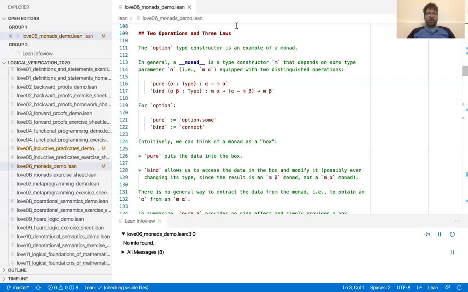Okay, so now we're going to see what a monad actually is. And a monad is just two operations and three laws, the monad laws. What I've discovered in previous years is that the word monad often looks scary to students, and actually to myself as well. It just blocks the brain somehow. So I'm going to try to explain monads in the whole lecture without using that word too